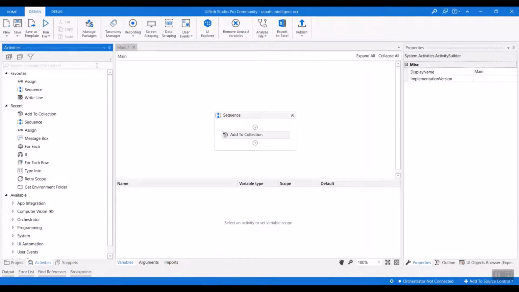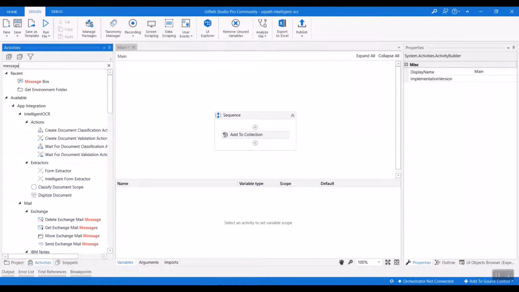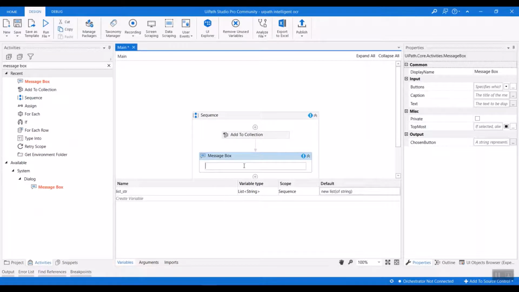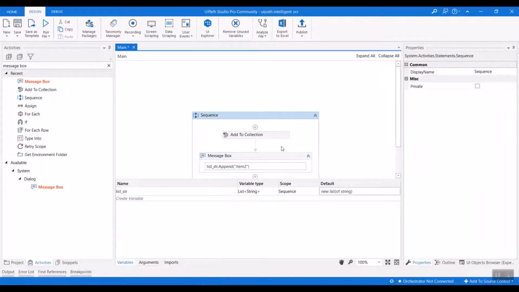And if you don't want to do it this way, you can even add in a different way, which I will show you in the message box. This is a list of string. We have a .NET method for it: Append. Here you can read it's the append of string, where the element is a string. So what do you want to add? Suppose item 2. Okay, done. So this is how we can add any element to the list.